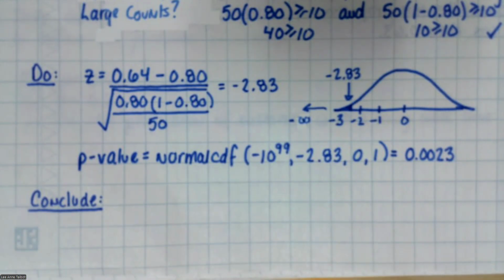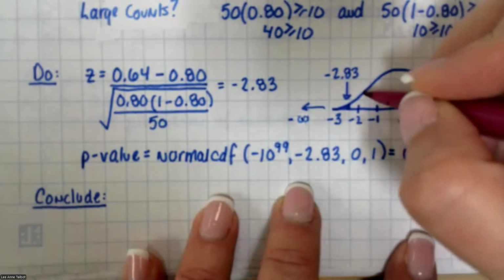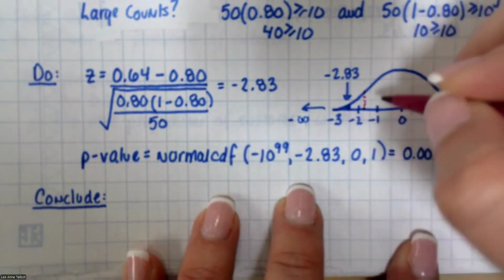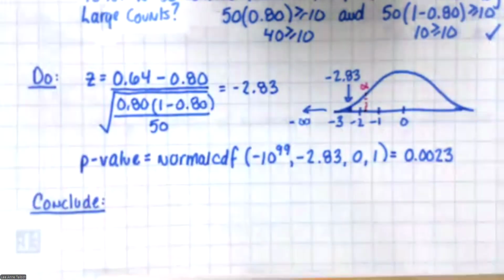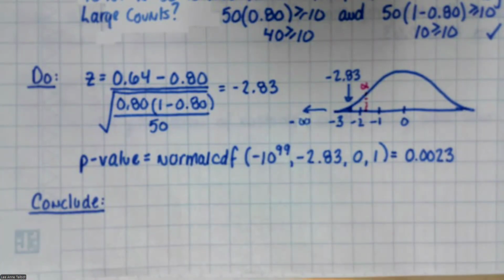Does that make sense? So I'm going to put a little dash in here in a different color and mark that alpha. I want you to see that your p-value is lower than alpha,